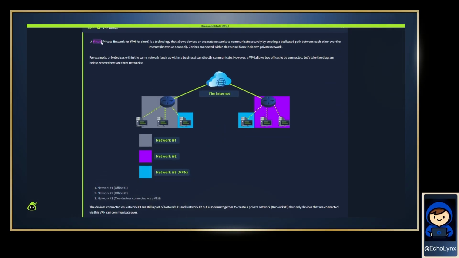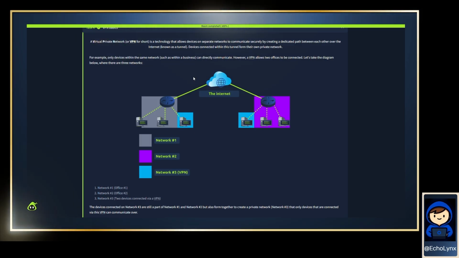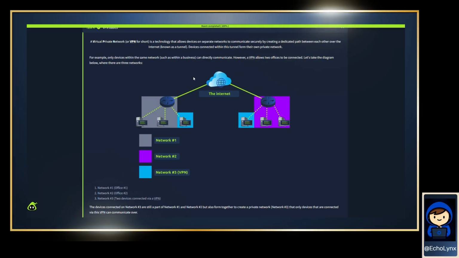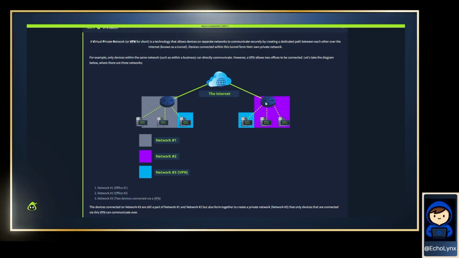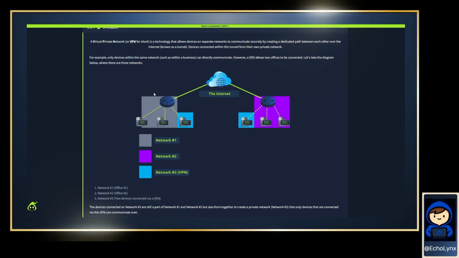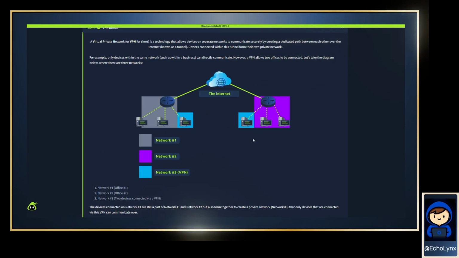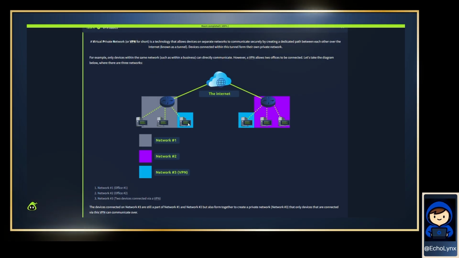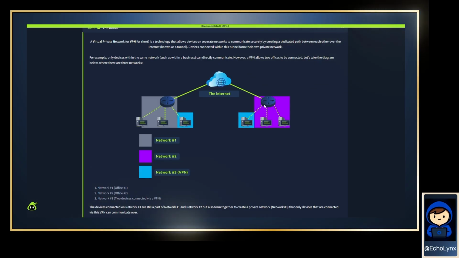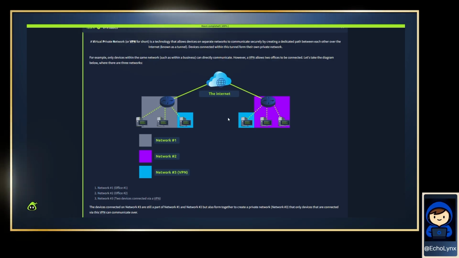A VPN, a virtual private network, lets devices on separate networks talk securely by creating a dedicated path over the internet called a tunnel. Think of it as a private lane carved through the public roads. In the room's diagram, you've got network number 1, office number 1, and network number 2, office number 2. When two devices establish a VPN, they also form network number 3, the tunnel. Those devices are still part of their original networks, but they also share this private overlay where only tunnel-joined devices